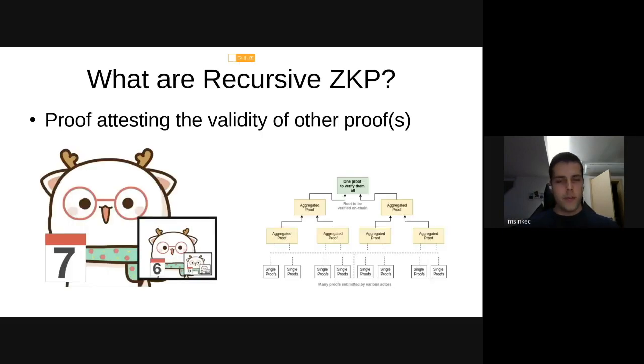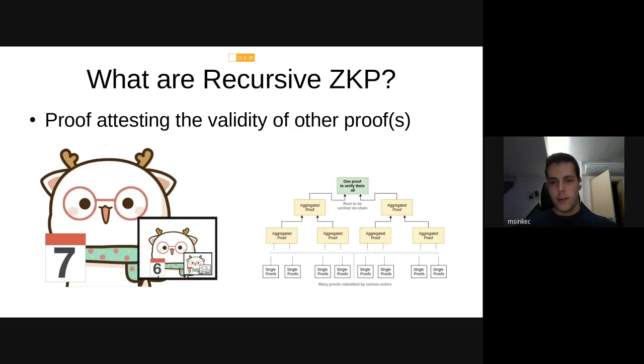So first, a brief reminder of what recursive zero-knowledge proofs are. It's basically a proof that also attests to the validity of a previous proof. A simple real-world analogy would be if Alice wants to prove that she was in a park 7 consecutive days. So the first day she takes a picture holding the date, and the second day she takes a picture holding the next date and the previous picture. And you can do that recursively for any number of proofs.